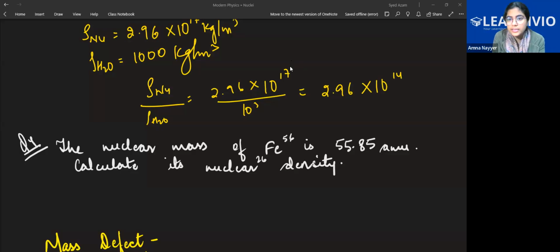M by V for the density. Class, I said it so many times, the nuclear density is independent of the mass. No, not M by V or anything. It is independent of the mass number or anything. Nuclear density for iron, I gave you the example also that iron, germanium, nickel, cobalt, lithium, you take anything. Nucleus's density we are talking. We're not talking about the density of the atom. Nuclear density, I told you, in any case it will come constant. So whatever it is, the density of the nucleus will be the same. That is this 2.3 into 10 to the power 17.